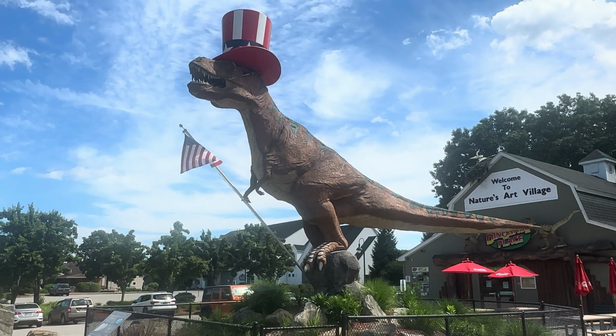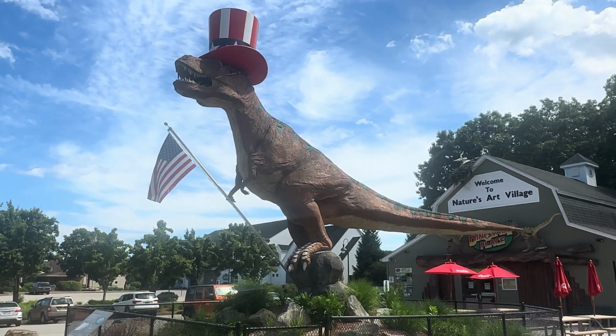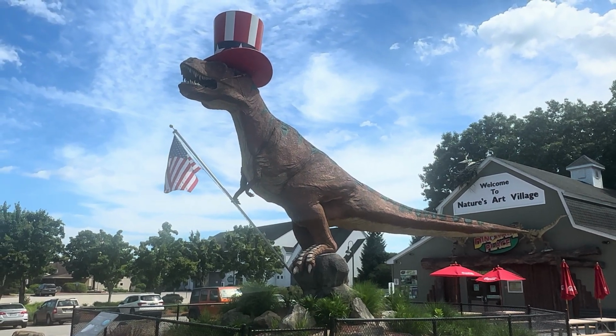Hey kids, today I am at the Dinosaur Place located in Oakdale, Connecticut. It is a dinosaur theme park with over 60 life-size dinosaurs, playgrounds, playscapes, a water pad, maze, and more. So let's go in and check it out. Out here in the front, they've got this life-size T-Rex holding an American flag and wearing an Uncle Sam hat,